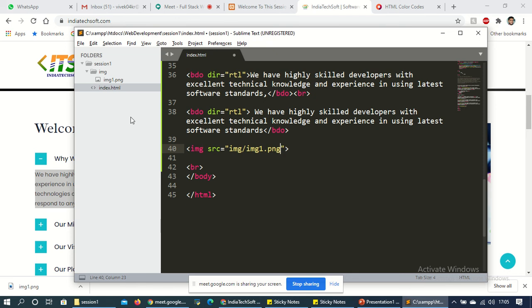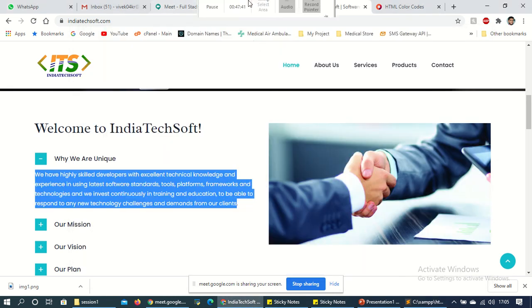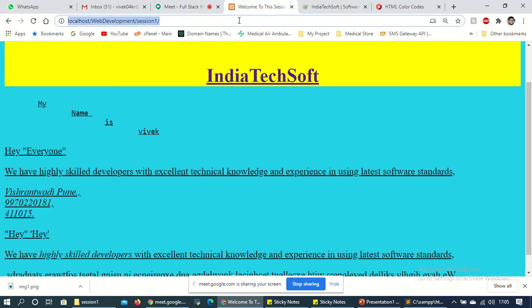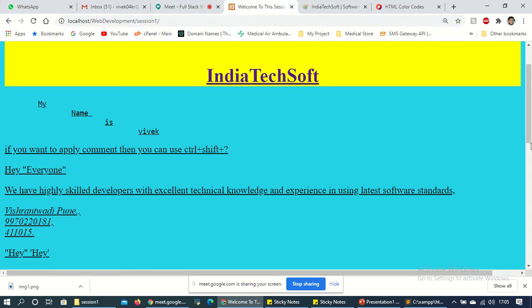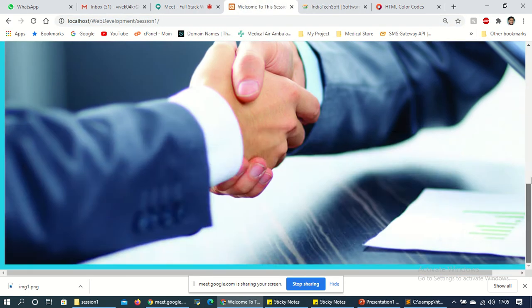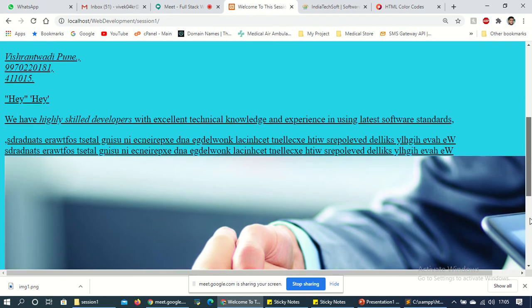In the image folder we have one image, img one dot png, and now just save and go to the browser and check whether the image is there or not. I just refreshed, and now come down. See, now the image is available here.